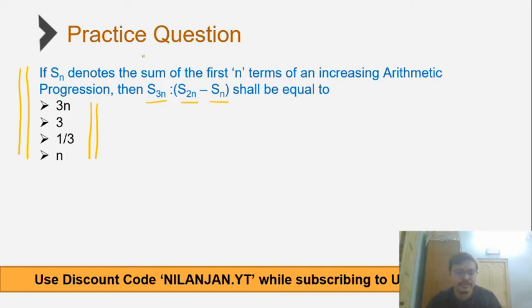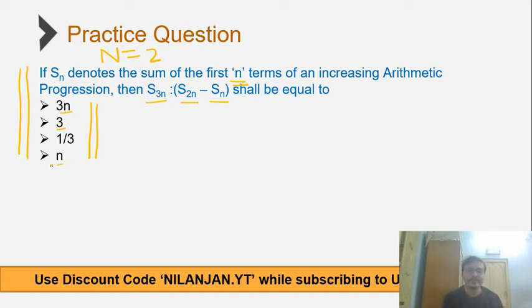So let us see how to solve this. First you need to take a sample value of n such that all the options become distinct. One such value of n which is easy to calculate is n equal to 2. At n equal to 2, all the options become distinct. For example, 3n becomes 6, B becomes 3, C becomes 1/3, D becomes 2. Taking n equal to 1 may not be wise because both these options would have become the same. Similarly, taking n equal to 3 would not have been wise because this and this would have become the same.